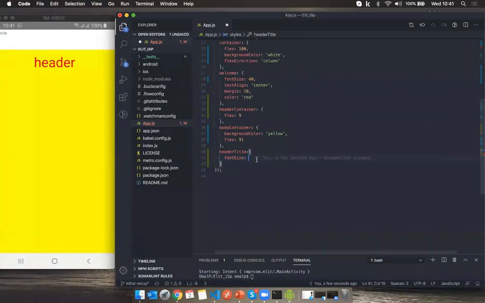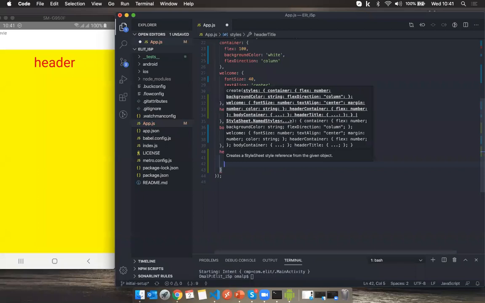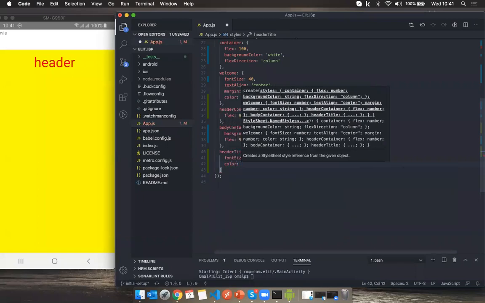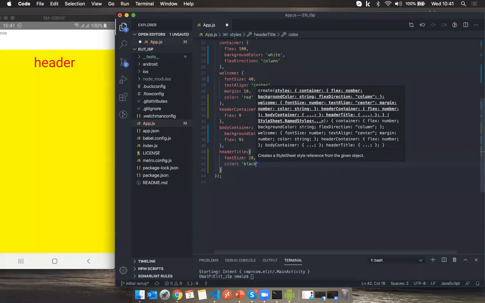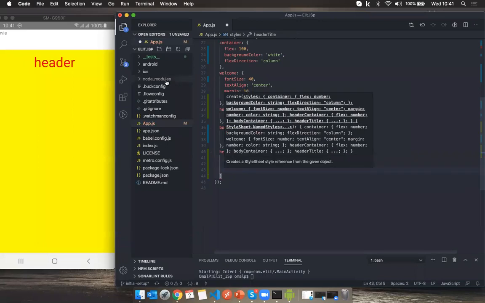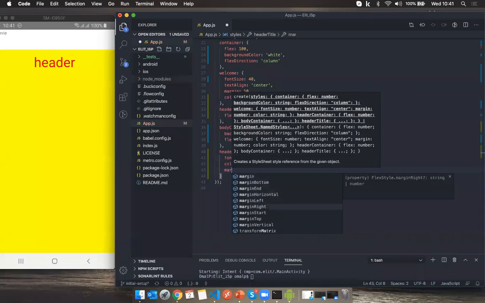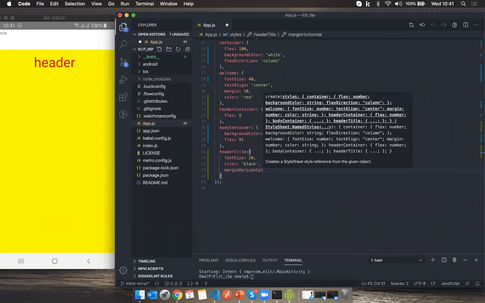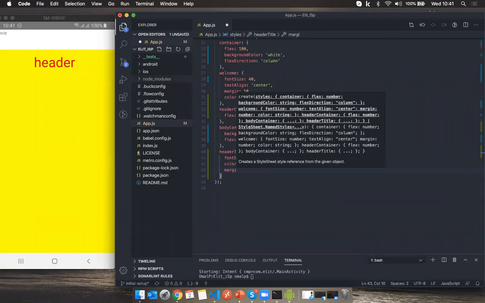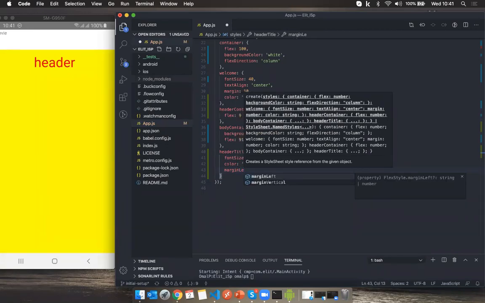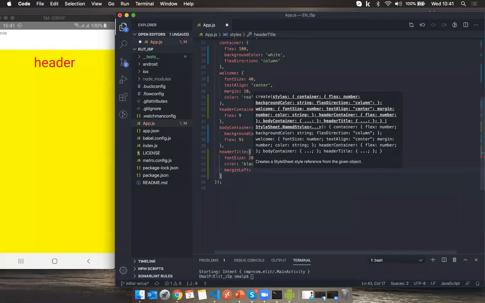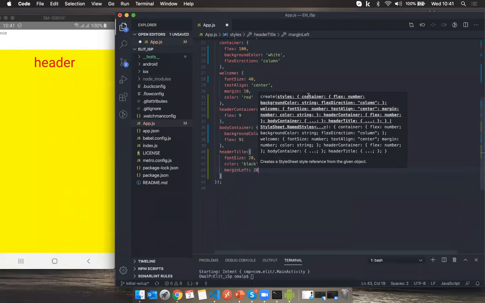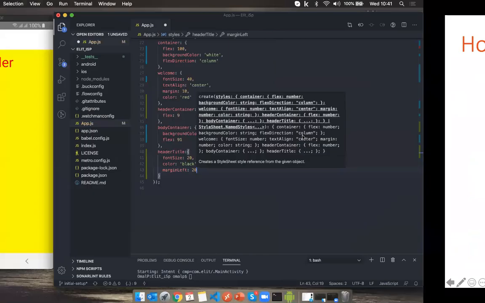Let's go and add it. It is 20. Color is black, and margin left 20. Hope all good.